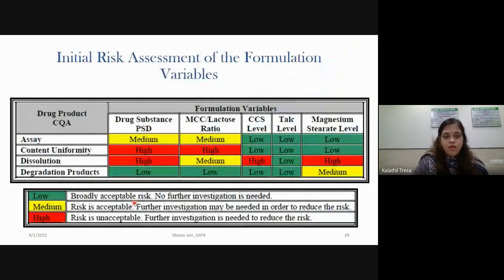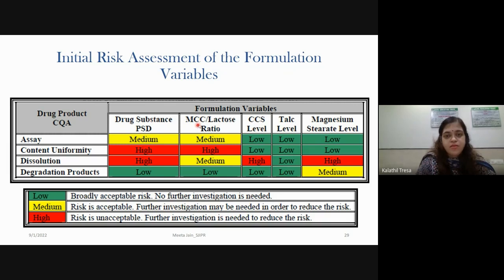Okay? So this is the same case study again, the initial risk assessment of the formulation variables, that is the materials or the API and excipients which you are putting into developing that particular formulation. So we have seen you have drug substance, that is your API.